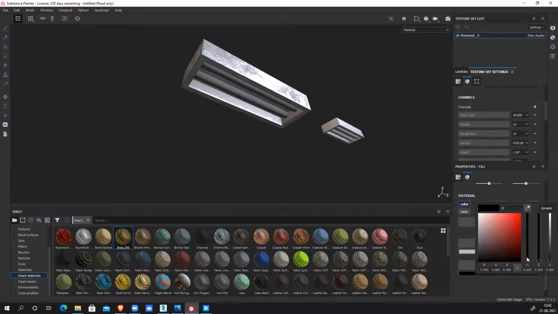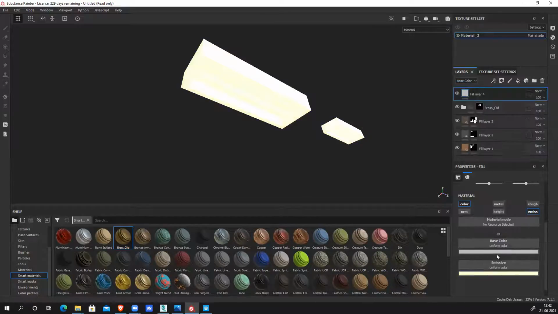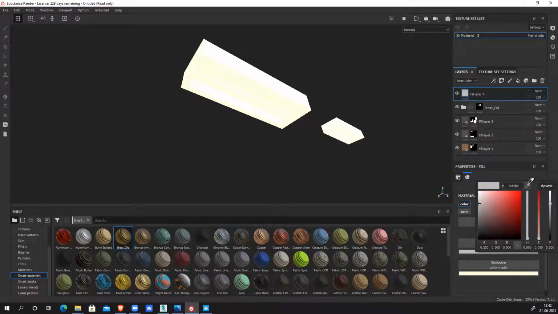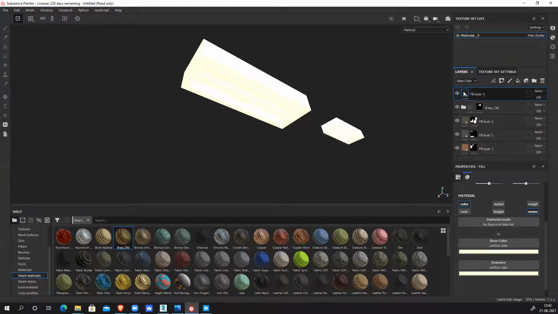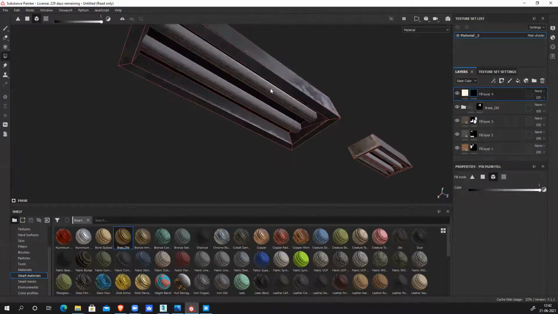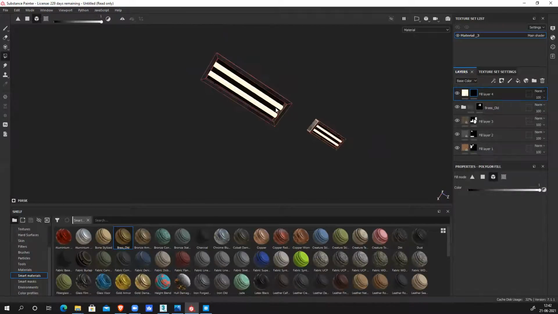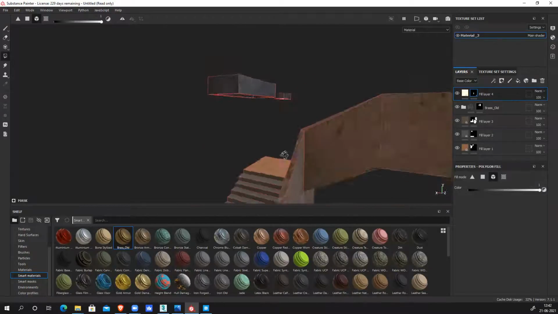The color is slightly yellowish, almost white. That will look nice. Pick the same color, right click, black mask. That's it. For this, nothing else is required. This should glow, so nothing else will be visible.